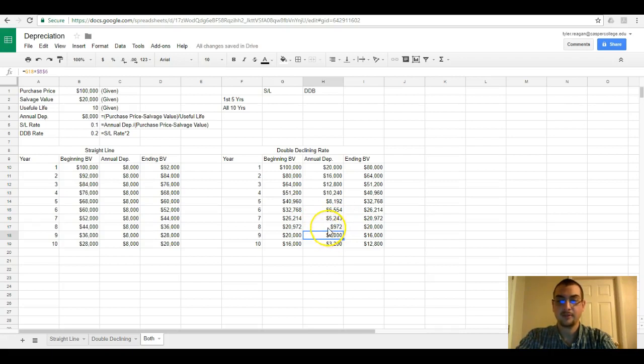Now, that is the last amount of depreciation. We've already depreciated the asset out to 20,000. We cannot depreciate any more. So in year 9, we're going to have 0 depreciation. In year 10, we're also going to have 0 depreciation. So you can see that in year 8, year 9, and year 10, the ending book value is equal to